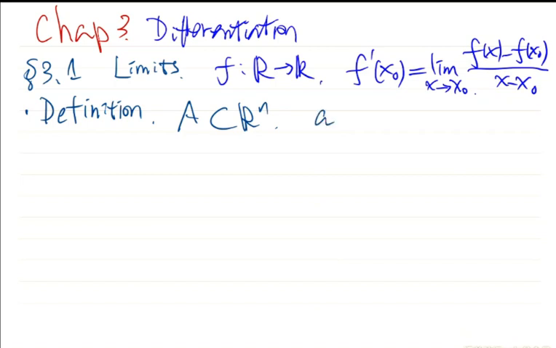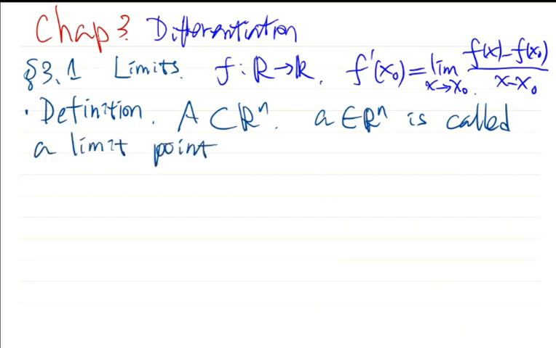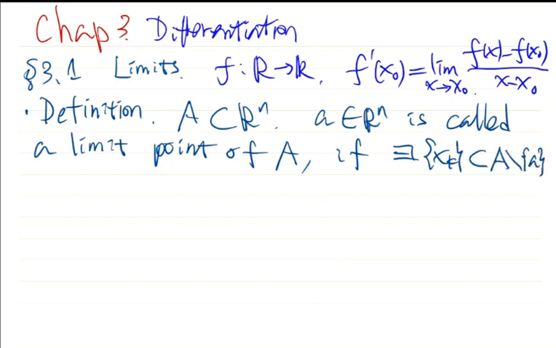An element a in Rn is called a limit point of this set, capital A, if there is a sequence xk contained in A, but with the point a removed, such that